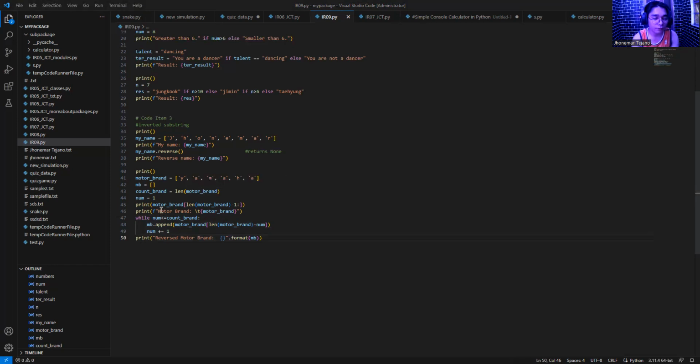Then, the one we use is the less than or equal operator. The count brand is the len of motor brand, which is 5: 0, 1, 2, 3, 4, 5. Then our num is 1. So if our num, which is 1, is less than or equal to count brand, which is 5, then we append